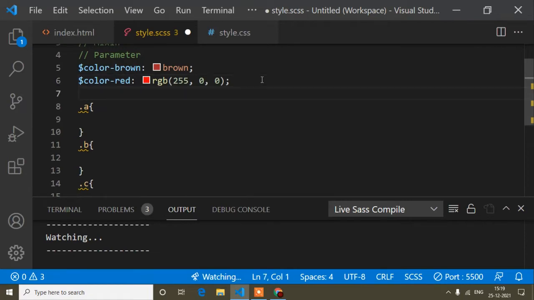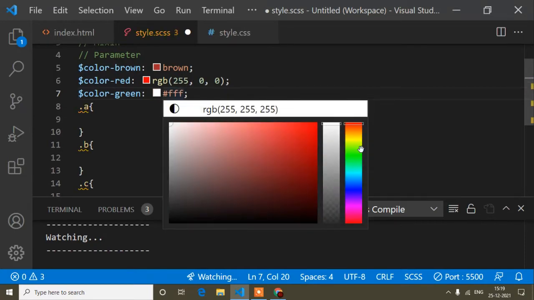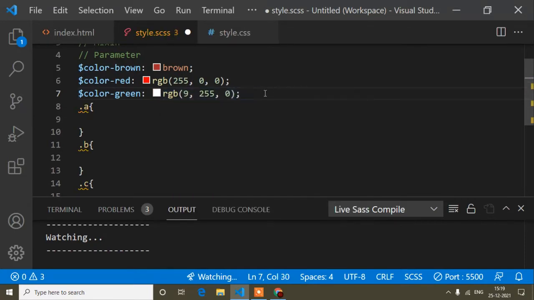Same way I can define another color, green. These are the variable names. You can write any name for the variable, but just remember you have to write the dollar sign just before the variable. And here I will add the green color. So I add the colors this way in variables, and after that, where needed, we will just use them.